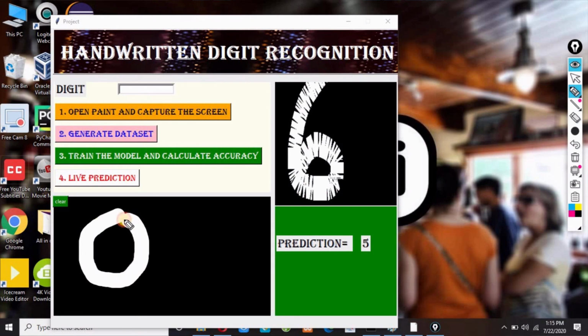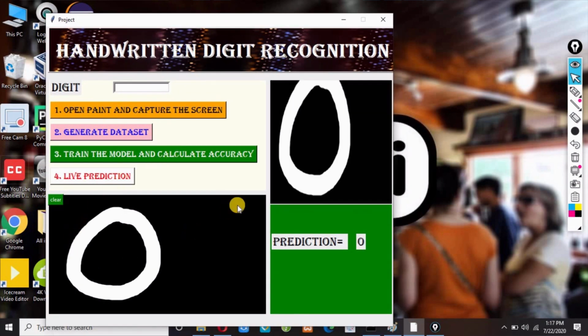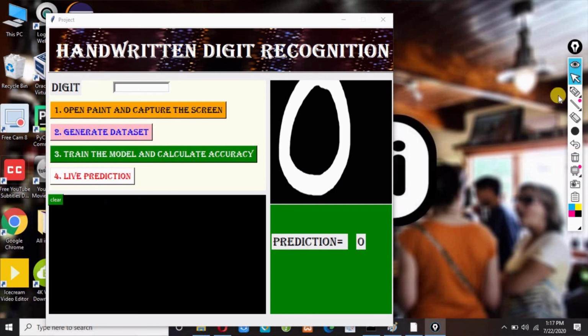you can see here this is very smooth. And now I have to select this cursor, and I have to click live prediction. So if I draw 0 like this, it predicts my image in the same way. Now I need to clear my screen from here, not from this button. So let me clear this 0, clear screen, and let me draw. I have to select this pen, and if I draw 1 over here, and I have to click on cursor and then live prediction.